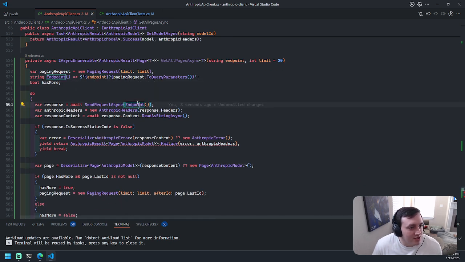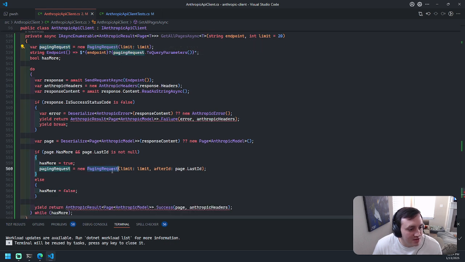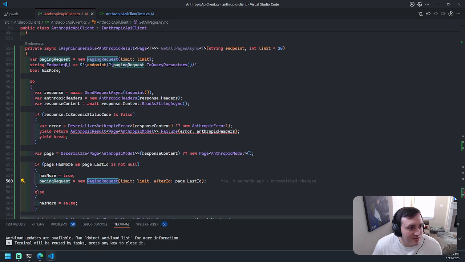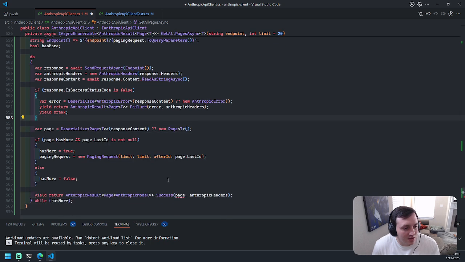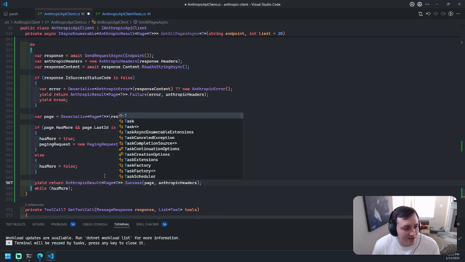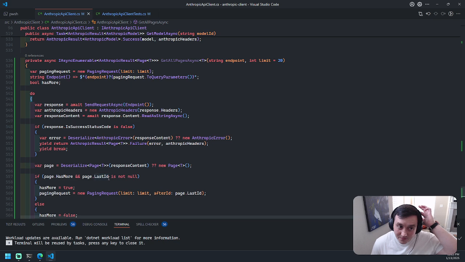And then this endpoint is a local function because I'm changing the paging requests. So we need this endpoint to be basically resolved each time we get through to this loop. We still want the headers, we still want the content. We don't want to just serialize this to a specific model. This is going to be T. This will be T. This will be T. And this will be T. And I think with that,